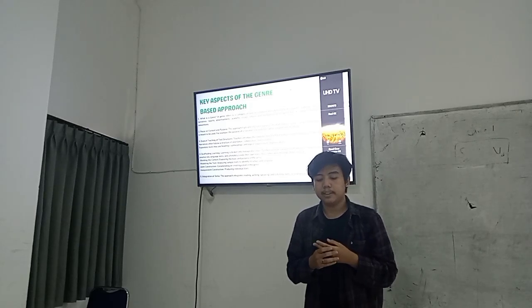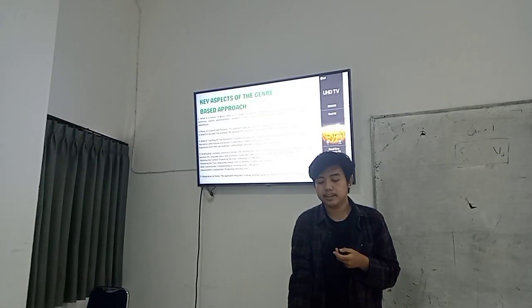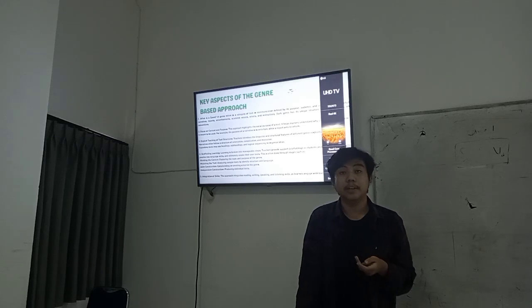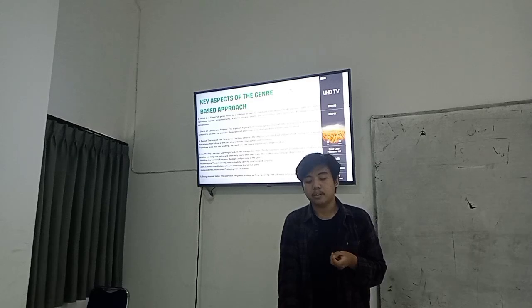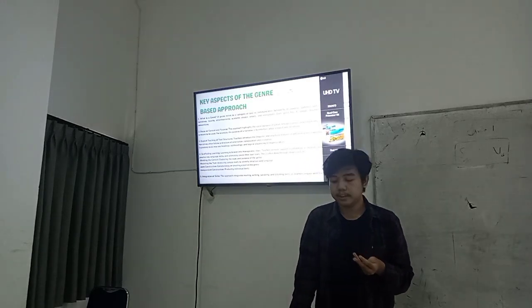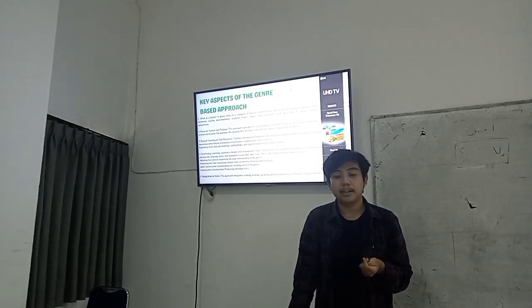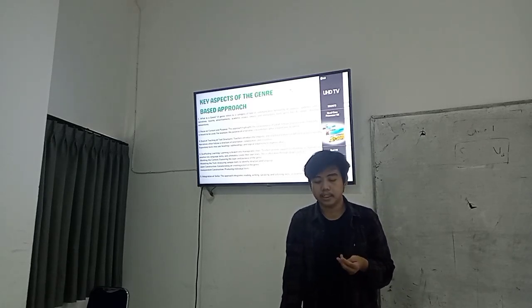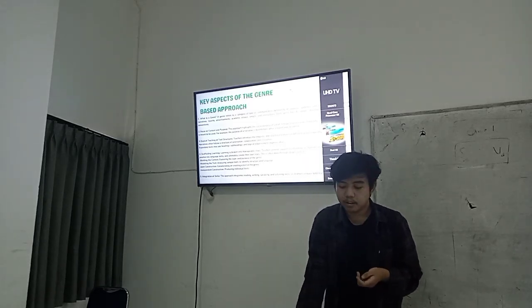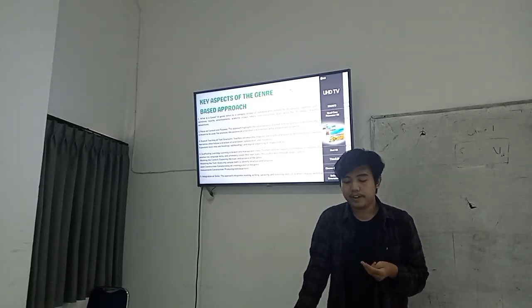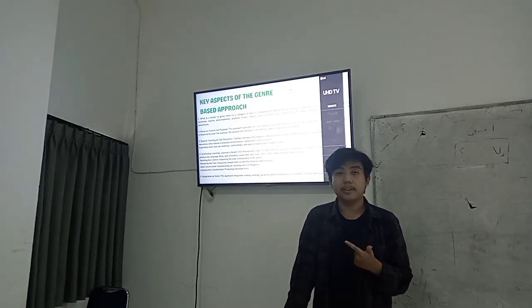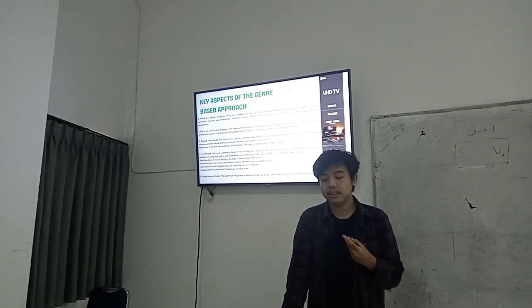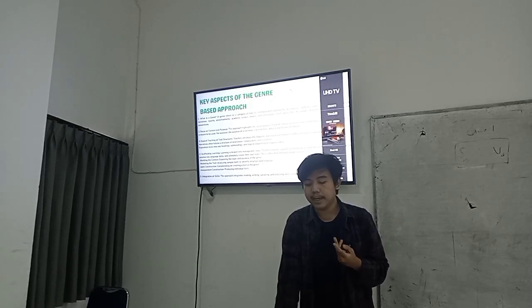And the next one, modeling the text, is analyzing a sample text to identify structure and language. And the third, joint construction, or collaboration on creating a text in the genre. And the last one is independent construction, producing an individual text. And the fifth is integration of skills. The approach integrates reading, writing, speaking, and listening skills as learners engage with text in various ways.